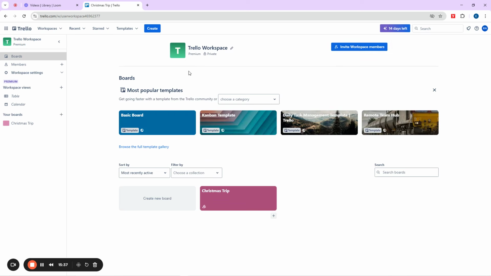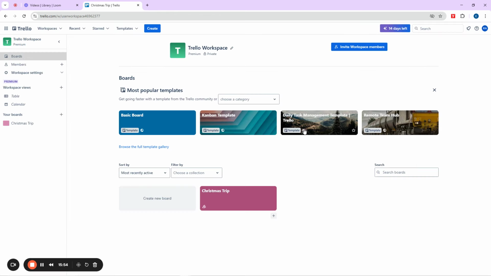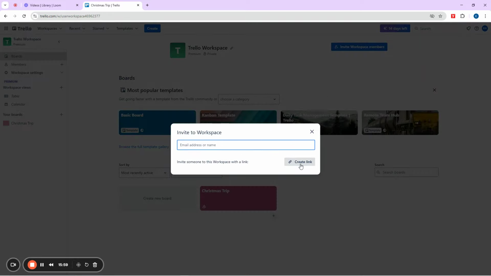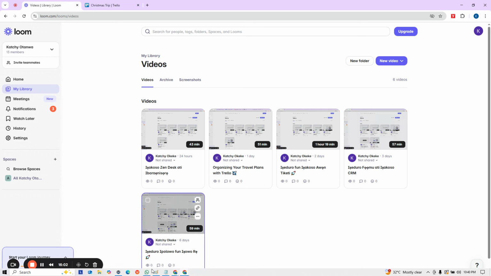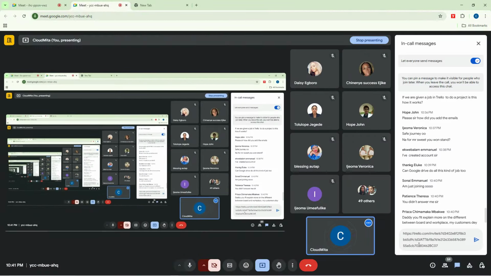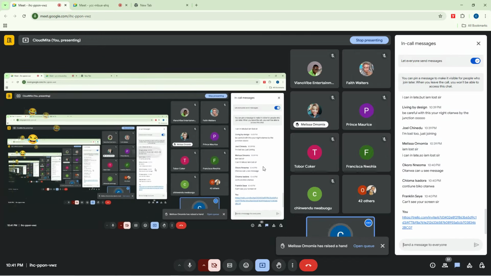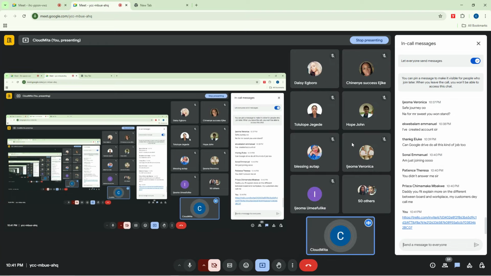Somebody was asking how to invite people. If you go to your workspace, you can see your invite here. If you click on this, you can invite them by putting their email. In fact, let me invite you all by the link. To invite by the link, I will go to my workspace settings and click on Invite workspace members. Then I'll copy this link and paste it in the meeting chat for you to join me. I'm pasting it here now. So you click on it and join. If you cannot see my screen, please exit and rejoin.